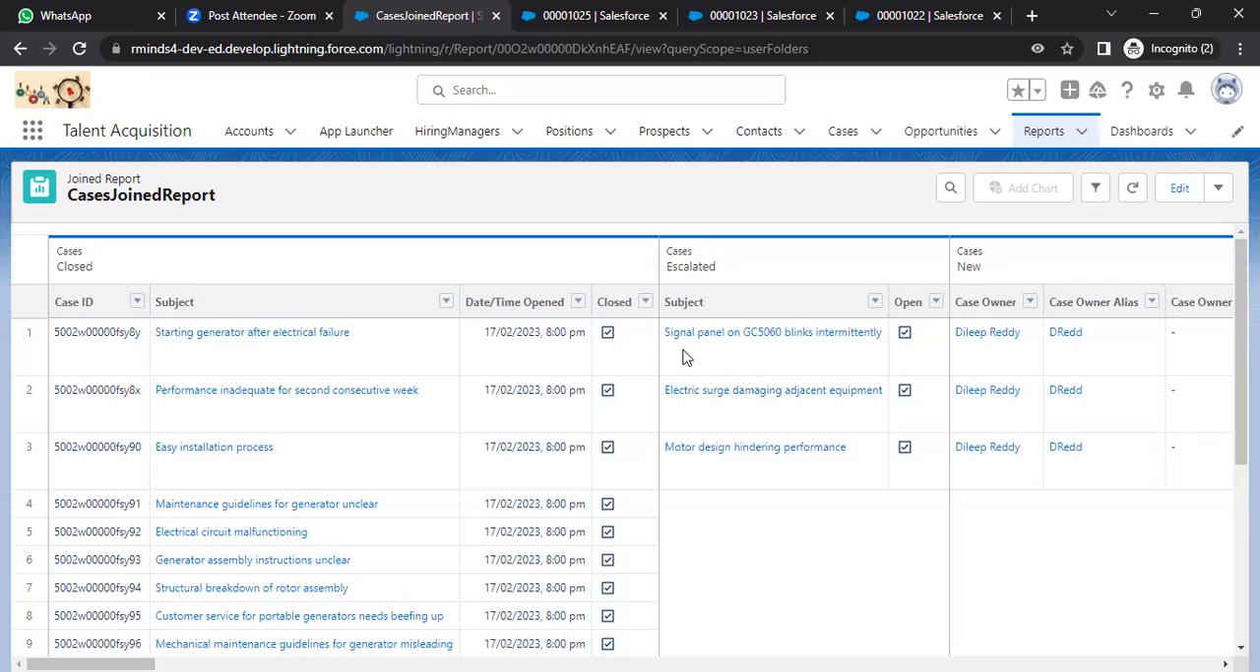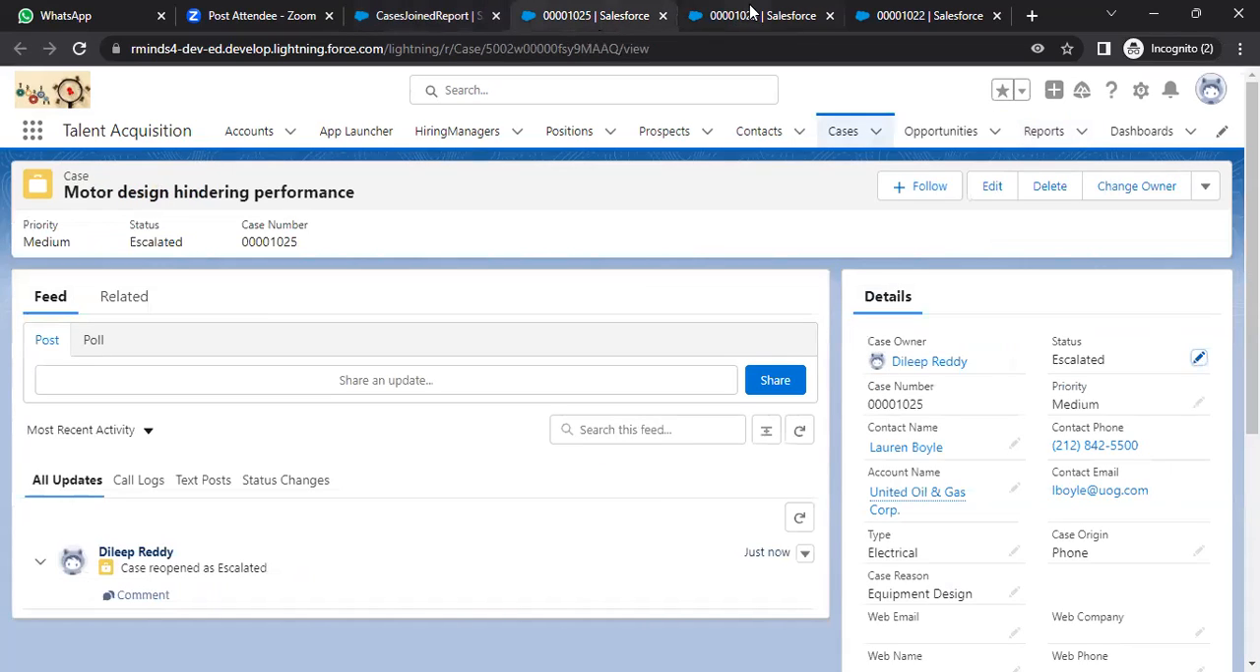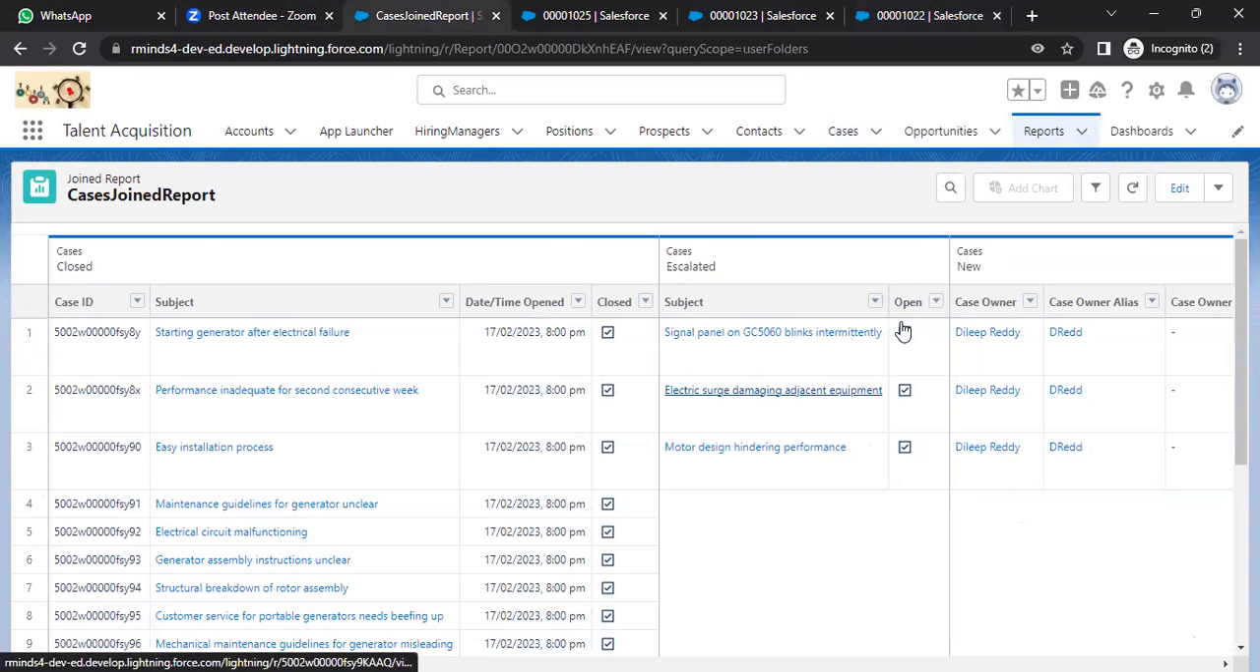Okay, so if you want to recheck, that's the description right here. We have marked it manually as escalated, right? So yes, this is how our report looks. And as said, a maximum of 5 blocks we can do. We did 3 blocks here, and